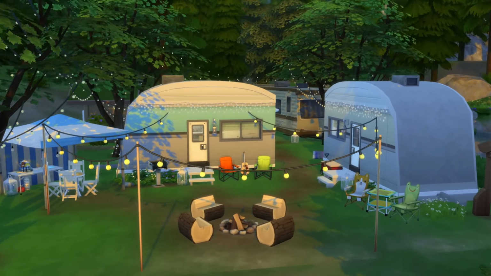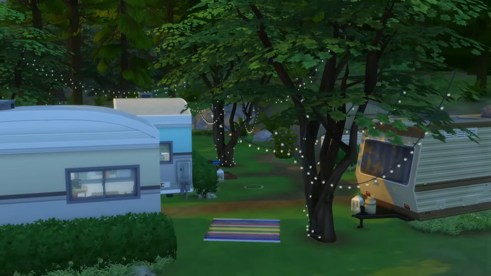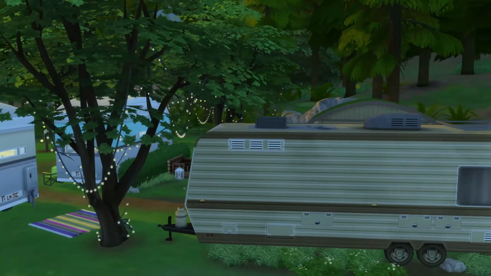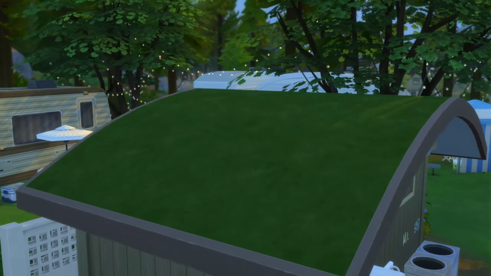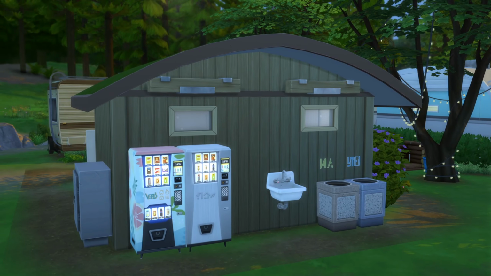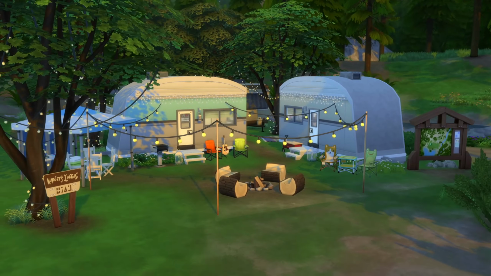Today I'm gonna show you a speed build of Caravan Campsite that I built in Granite Falls, and it's considered as a vacation rental, but it is as a residential lot in the gallery, so you will have to place it and then switch to a vacation rental in any world that you want to place it,